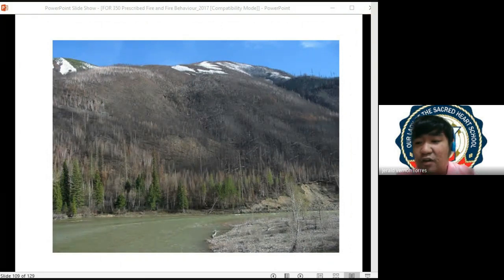Kasi class, this is an ecosystem service. This is a service provided by the ecosystem so that magkakaroon tayo ng succession in our forest. And when we say succession, ito yung process sa forest natin kung saan napapalitan yung previous species natin ng panibagong species. That shows the maturity of the biome itself. Kasi it's a natural cycle of an ecosystem to replace its keystone species with new species that can produce a greater biodiversity. And that's why meron tayong wildfire. It's actually part of your succession na tinatawag natin.